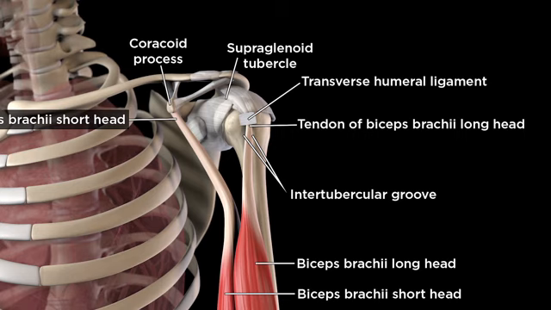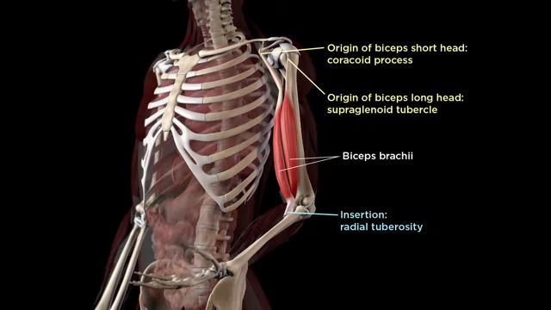Now, due to crossing the shoulder, biceps brachii is said to perform weak flexion there. Now, the long and short heads converge, and the insertion of biceps brachii is on the radial tuberosity. But part of the insertion, known as the bicipital aponeurosis, stays superficial. It reaches across the cubital fossa anterior to the elbow and inserts on the antebrachial fascia, that sleeve around the